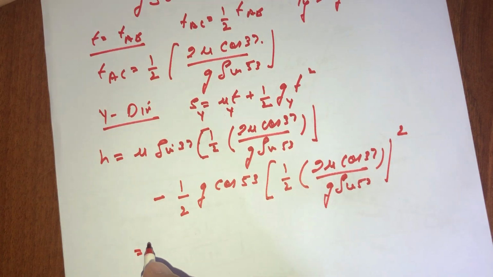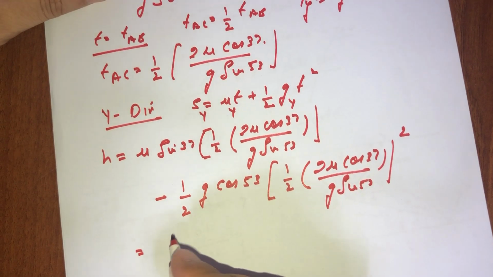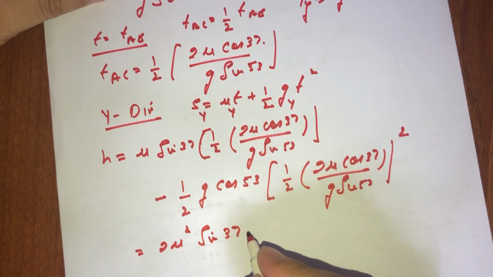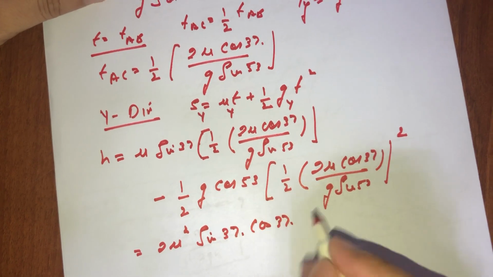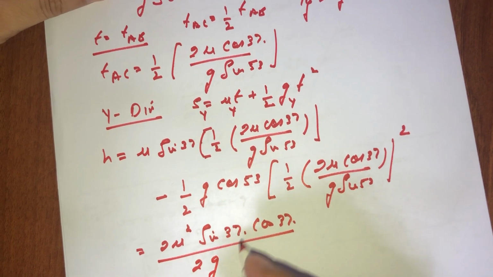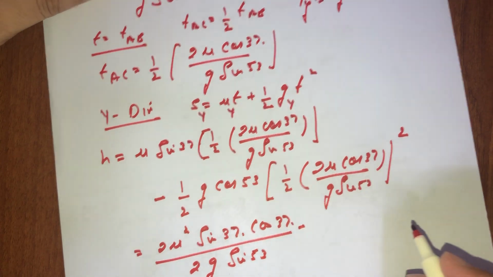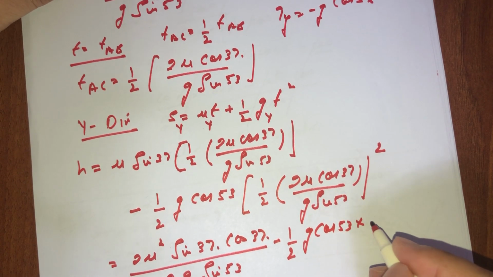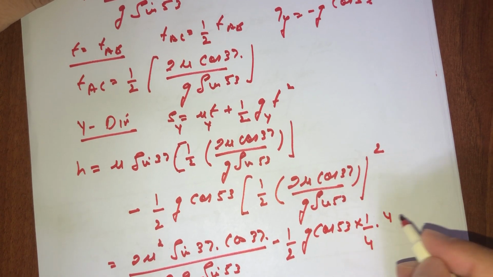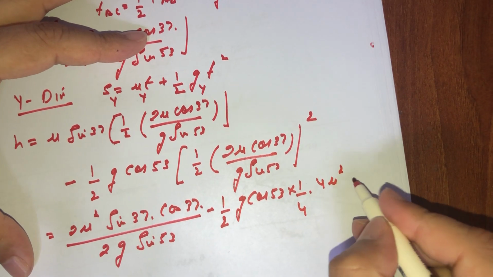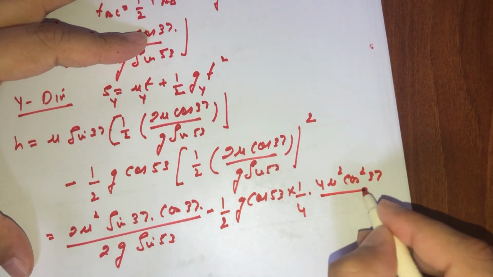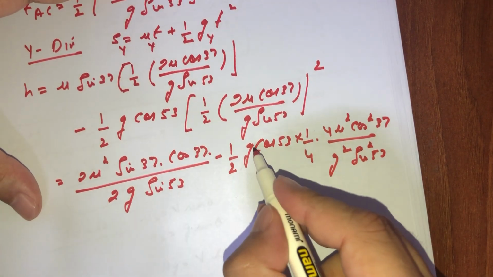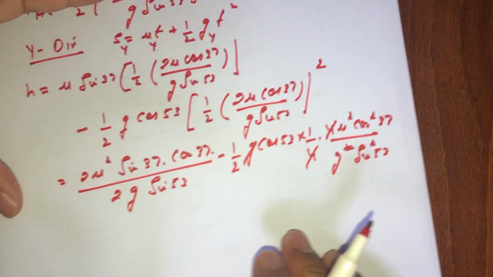So this can be further simplified as 2u square sine 37 cos 37 divided by 2g sine 53 minus half g cos of 53 multiplied by 1 by 4 u square cos square 37 divided by g square sine square 53. So this g cancels out with this, 4 cancels out with 4,